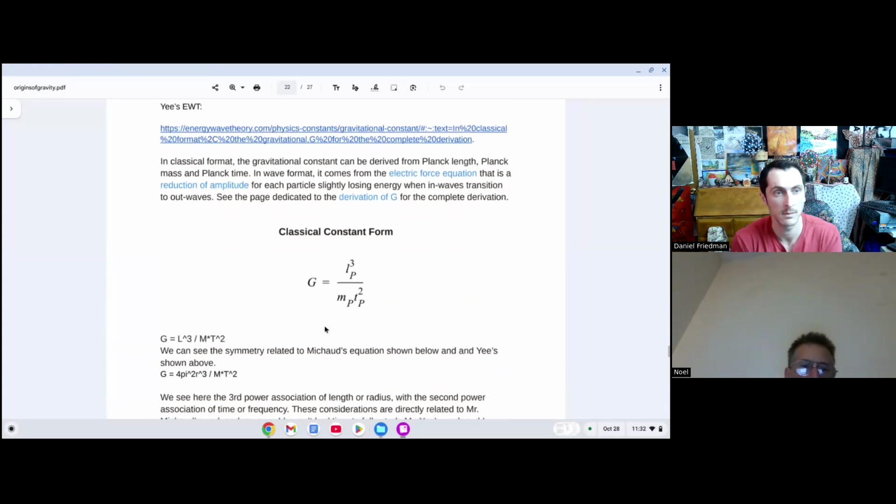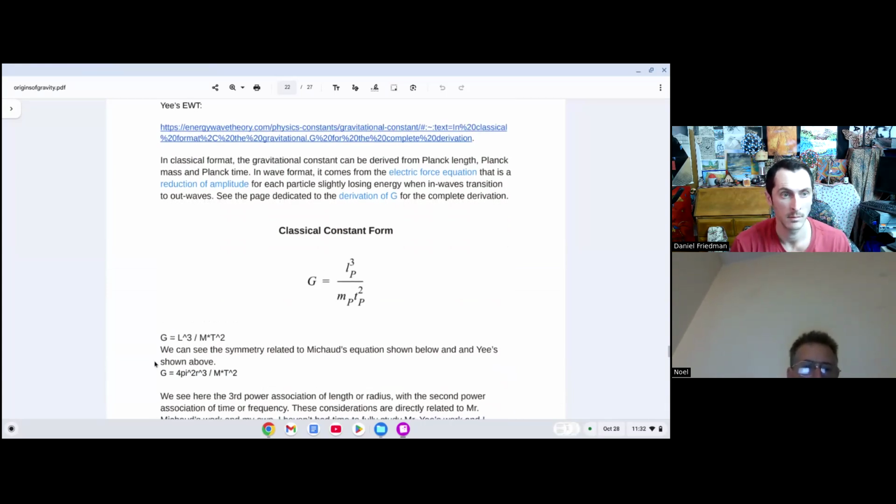Remember Andre's equation from above? Gravity is equal to 4 pi squared. That 2 is not supposed to be there, I don't think. Well, anyways, that's a misprint. So, no, that's right. Gravity is equal to 4 pi squared times the radius to the third power, divided by the mass multiplied by time to the second power. Now, notice how this formula from Mr. Yee,